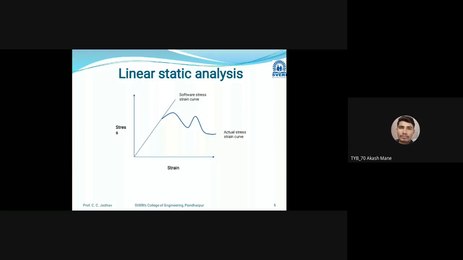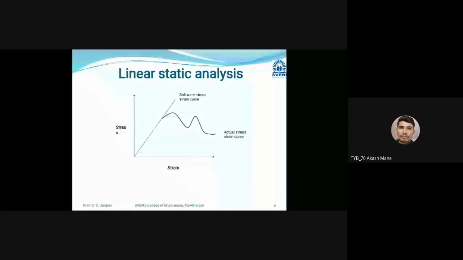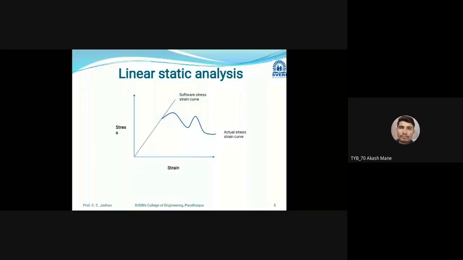As a practical application of linear static analysis, it is the most commonly used analysis type. The aeroplane, automotive, and civil engineering industries all perform linear static analysis, and for this we use Nastran, ANSYS, Abaqus, Cosmos, then Unigraphics, Radioss, and Pro/Mechanica. These are examples of software we can use for linear static analysis.